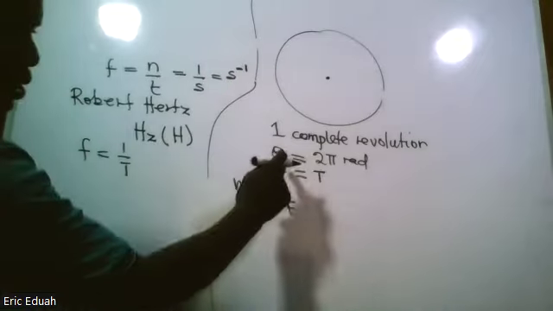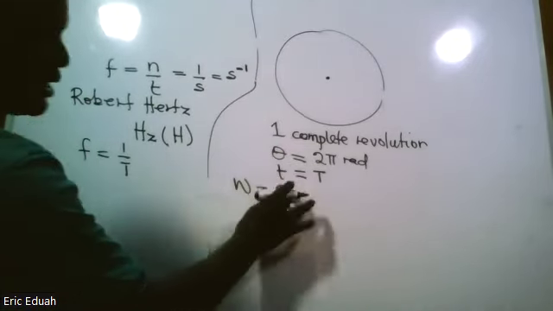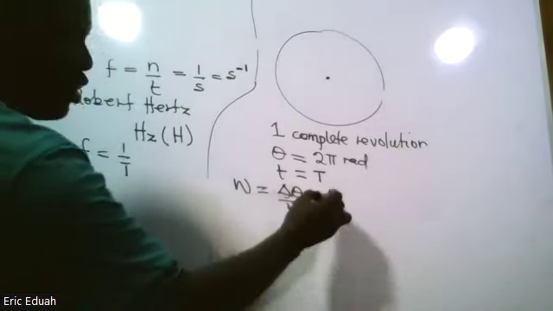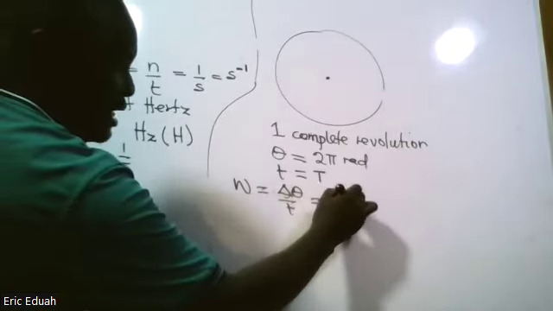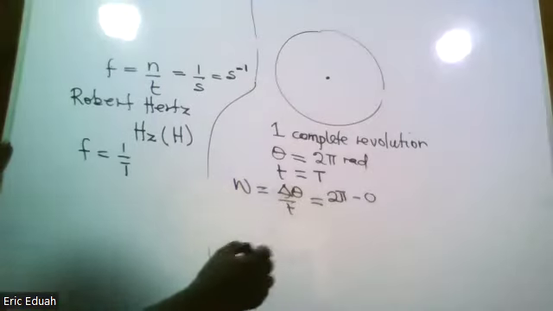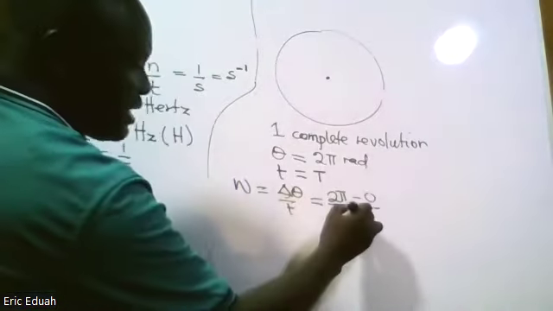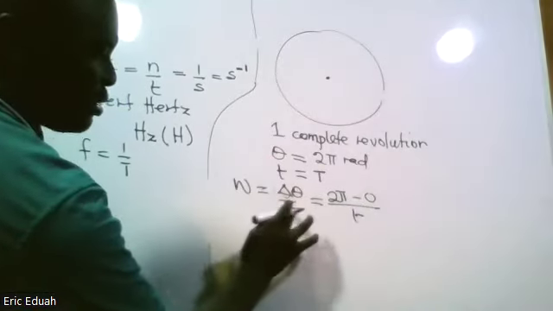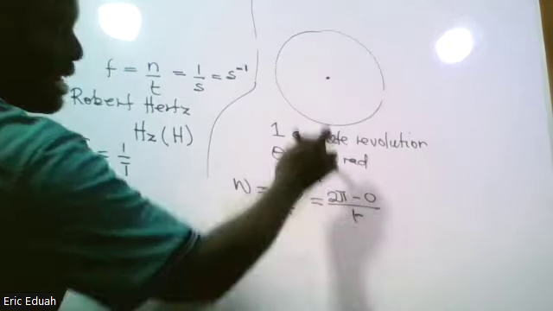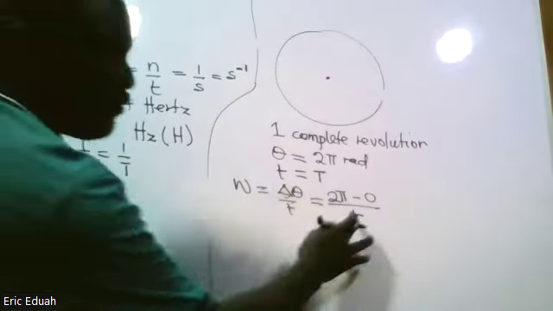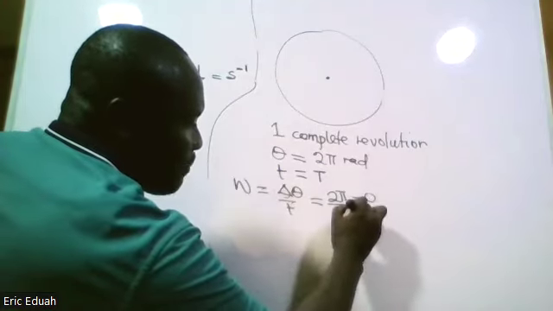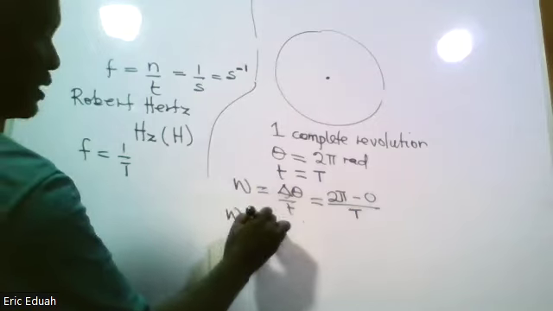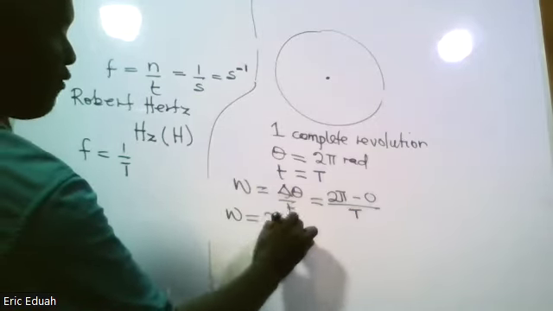The change in theta would be 2 pi radians minus 0, since the initial is 0, divided by the time interval t. But this t, the time taken to make one complete revolution, is the period, capital T. Therefore, angular velocity becomes 2 pi over